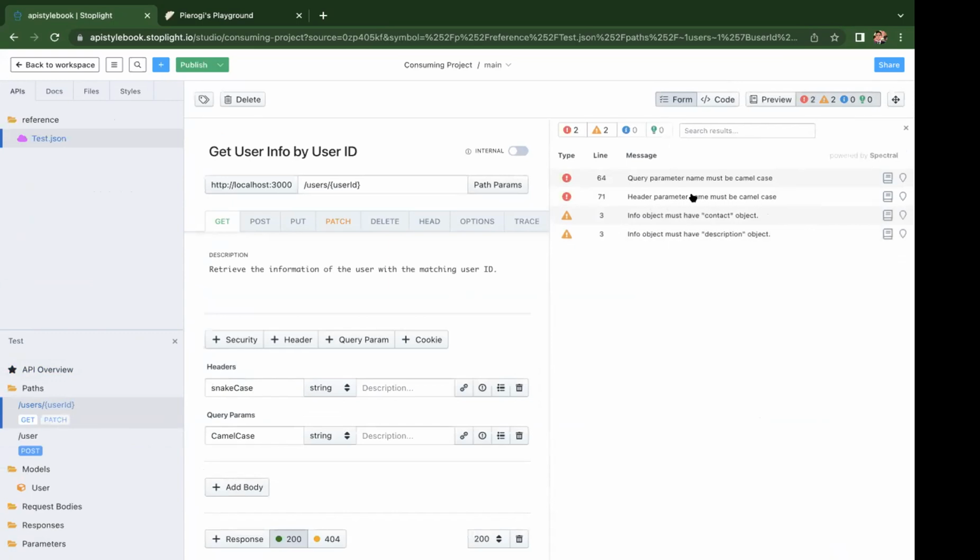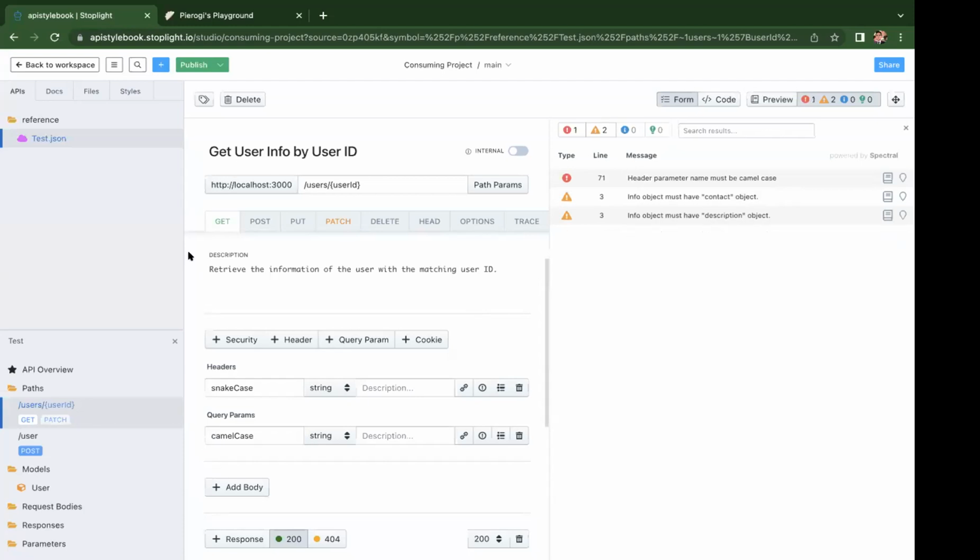I didn't write the message right, but the header parameter being snake case, the query parameter being camel case, it gives you feedback right there. And as your designers design APIs, they'll have this feedback right on the spot. If they fix these things, it gets much easier to adhere to standards and promote consistency and quality.